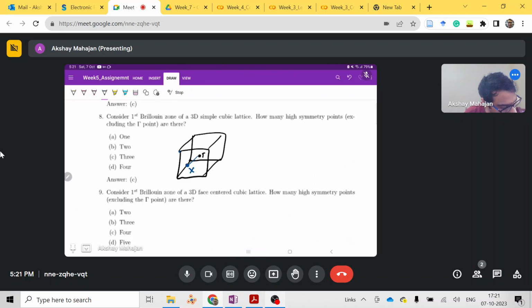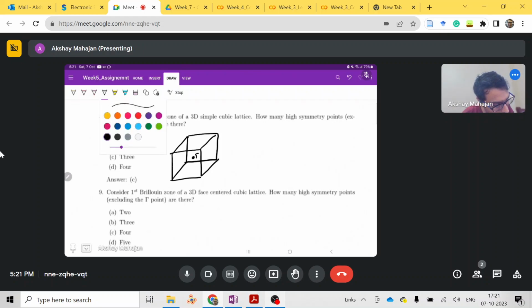Then similarly you can have your m point here, and there will be one side. Again I'm just doing the same thing. Let's make your 3D box here, simple cubic. At the center you have your gamma point, then one point in the x direction will be your x point, then another point will be your m point, and another point